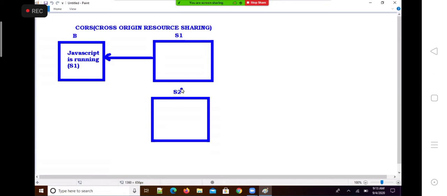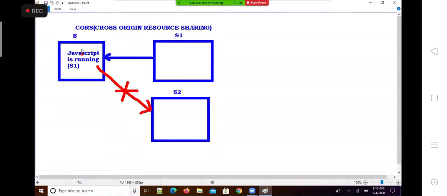I can tell you. It can't access the resources from S2, because this is script sent by S1 server.